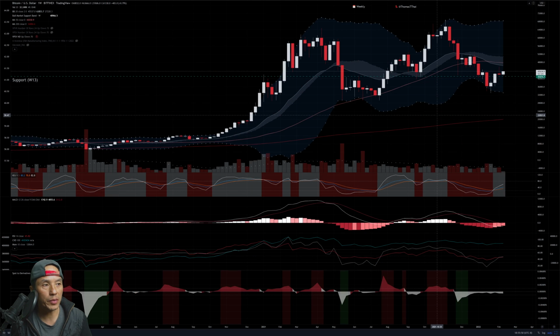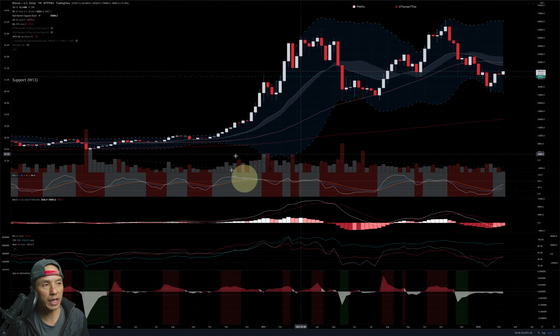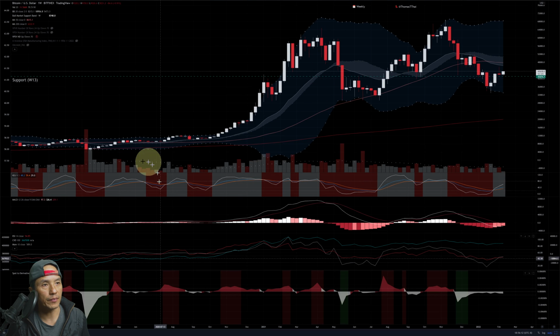Let's dig in and take a look at an indicator that may help you anticipate the future prices for Bitcoin. Let me get my highlighter turned on. This is TradingView on the 1 week, the weekly chart, and the indicator we're looking at here is called